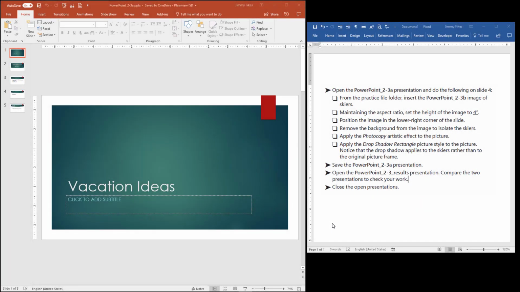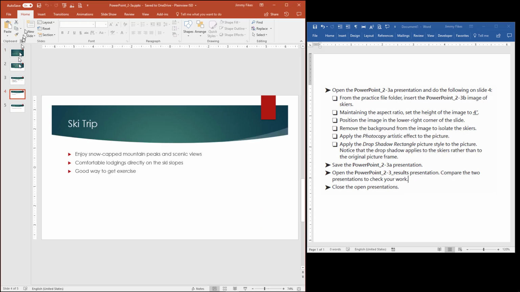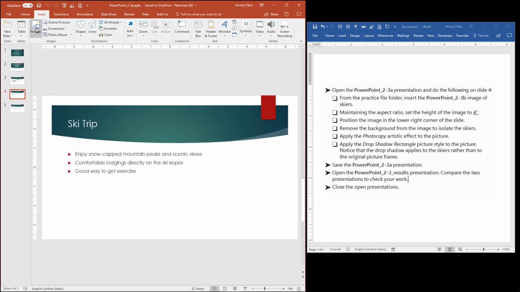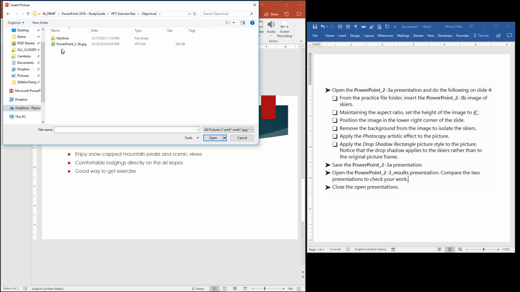Okay, here we're looking at PowerPoint 2.3a, and the instructions for this are a very short, very simple little exercise for us. We're going to insert an image that's called PowerPoint 2-3b. It's a JPEG file. We're going to insert it into slide 4, so I'm going to select slide 4. I'm going to come up to Insert, and then select Pictures, and select the PowerPoint 2.3b image file and click